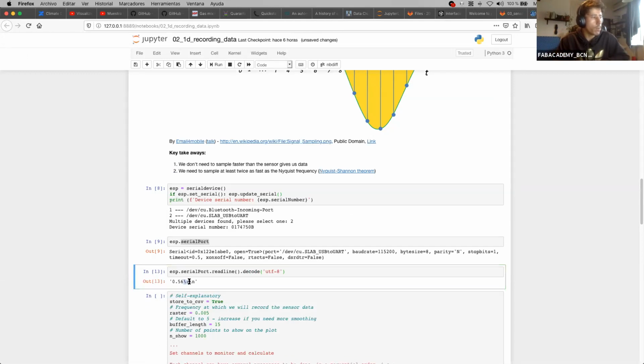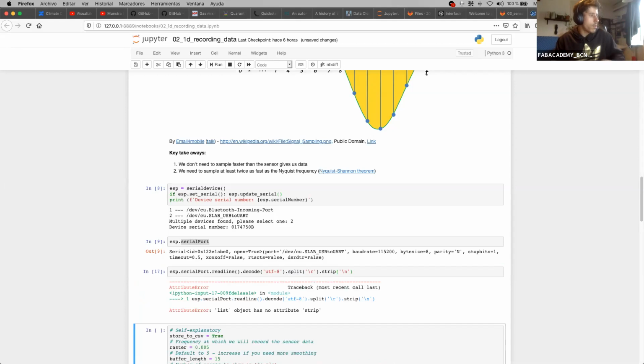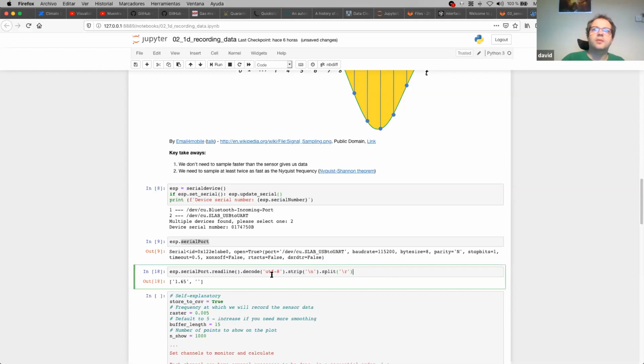And then I can remove R and N. So I could say strip, and then R, sorry, strip N, and then split. And you see, this will make sense in a second. So here until here,